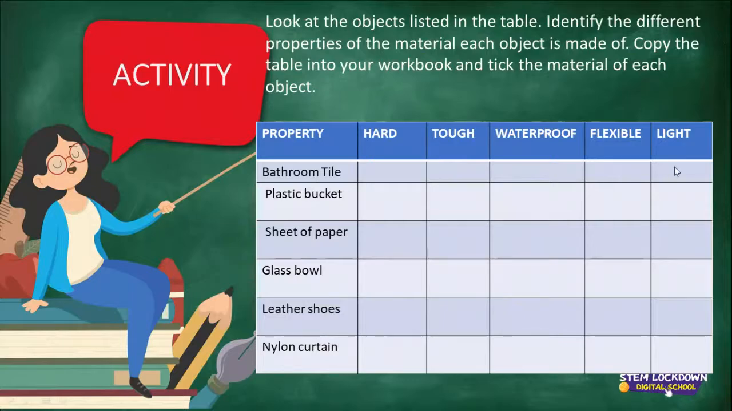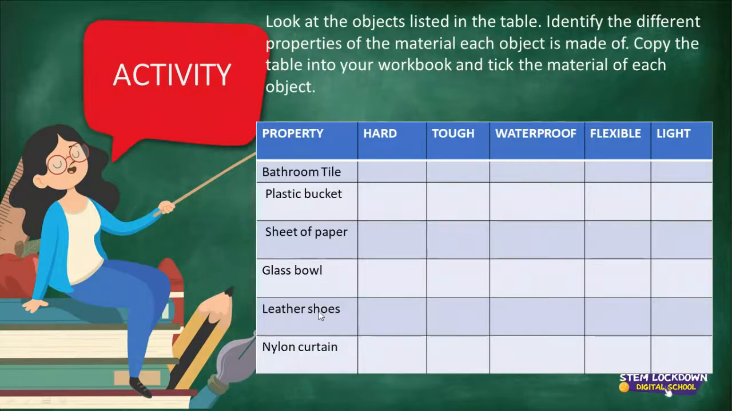Yes. Then we come to plastic bucket. Is it hard? Is it tough? Is it waterproof? Is it flexible? Is it light? Then you come to a sheet of paper. Is it hard? Is it tough? Is it waterproof? Is it flexible? Is it light? You do the same on the glass bowl,